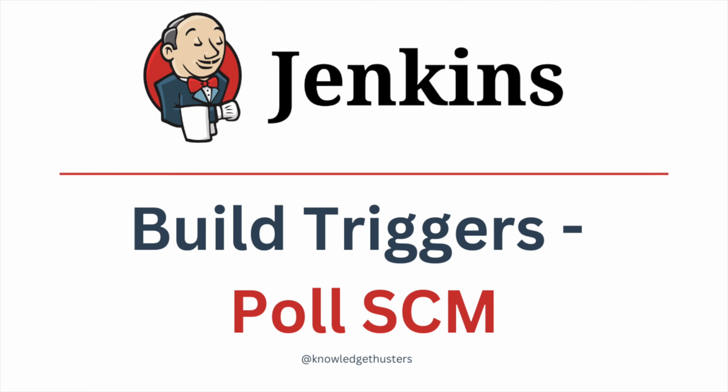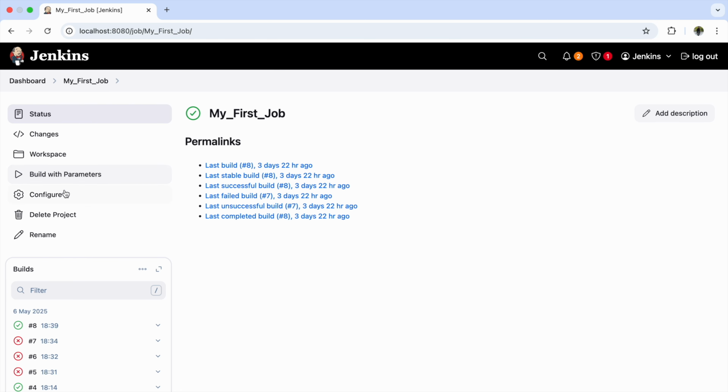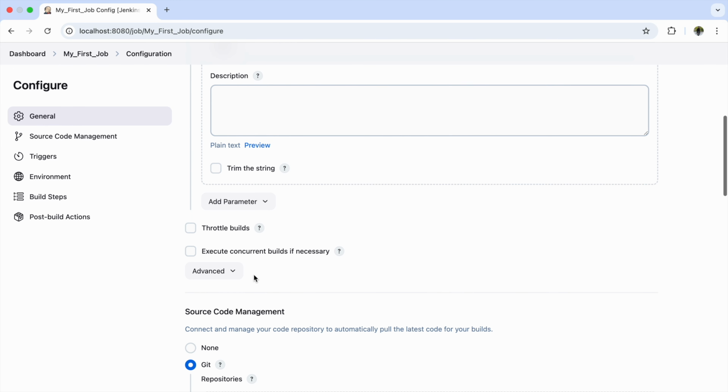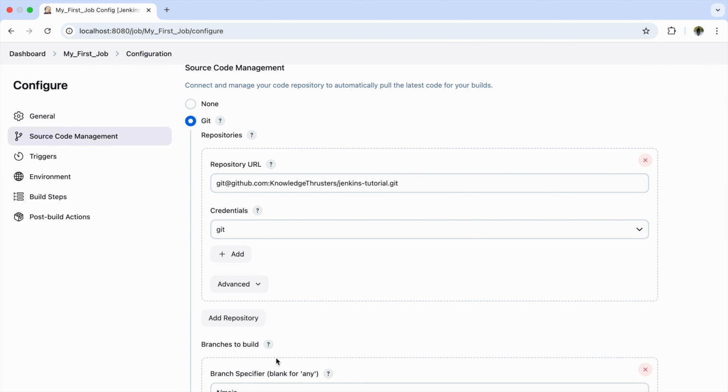So today we are going to see build triggers, and in this video we will see Poll SCM. So let's get started with today's video. So this is my first job that I have created. If I go to the configuration of this, here you can see General, Source Code, and here the third option